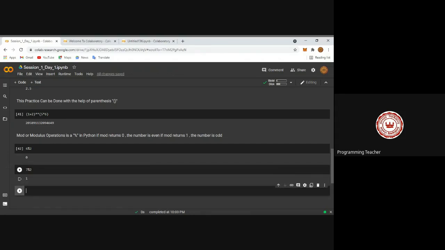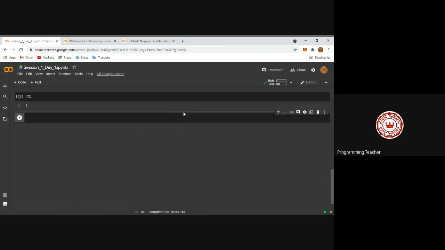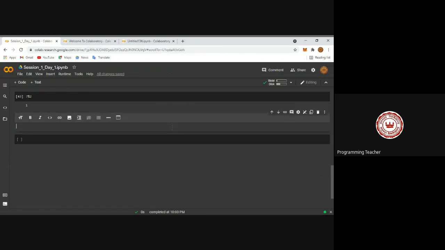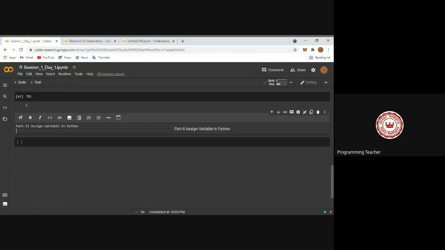Now, on many occasions, we pick a variable with some name and assign an object or data type to that variable. We can do this in Python using the equal sign operator. So our next part is part 2, assigning variables in Python. What about the small notes?